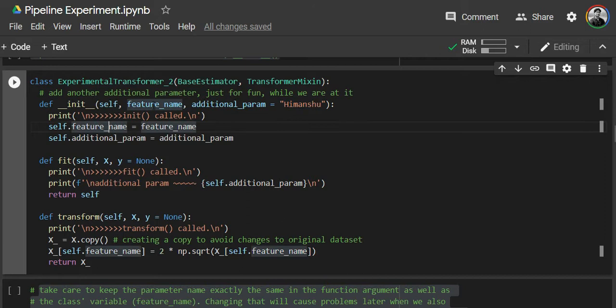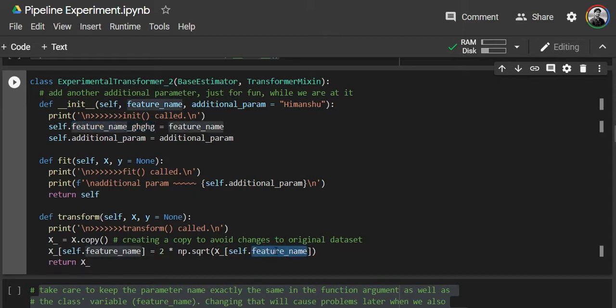Now what we do is we initialize this, so self.feature name, so that it can be used by the rest of the functions. So self.feature name is equal to whatever you have passed from here. Please make sure that this name and this name is same. Now this is not necessary from a programming point of view. Ideally if you write something different, it should still work, and then this same variable you should be able to use everywhere.